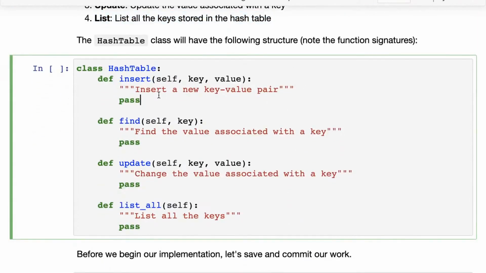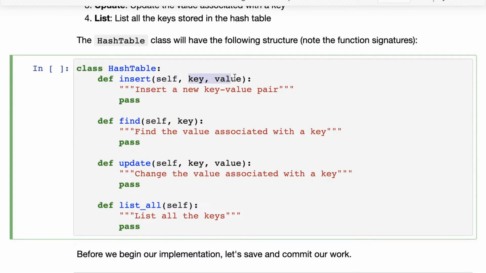And here's where we are going to use Python classes. And there's a brief introduction to Python classes in lesson 2 of this course. So do check out lesson 2 if you want a refresher on Python classes. You have the class hash table, and inside the class hash table you have a bunch of methods. Now the insert method, apart from taking the self argument, and remember that the self argument refers to the object of the class that will be created. So this is equivalent to the this variable in Java or C++.